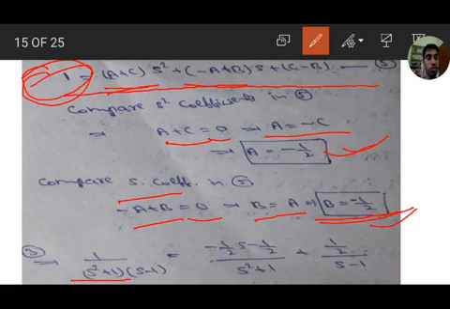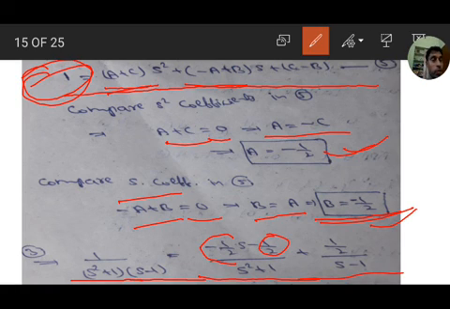By substituting these values we get 1 by (s square plus 1) into (s minus 1) equal to (minus 1 by 2 into s minus 1 by 2) by (s square plus 1), this is a value as plus b value is minus 1 by 2, plus c by s minus 1, that is 1 by 2 into 1 by (s minus 1). Here minus 1 by 2 outside, we get (s plus 1) by (s square plus 1).